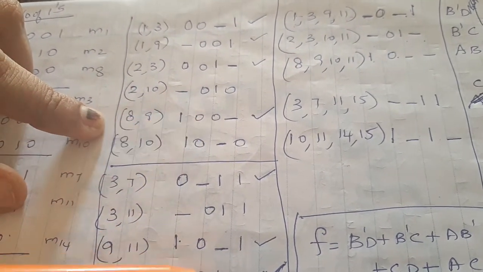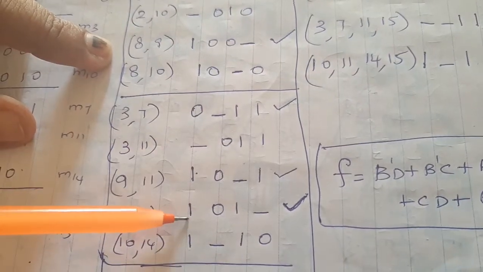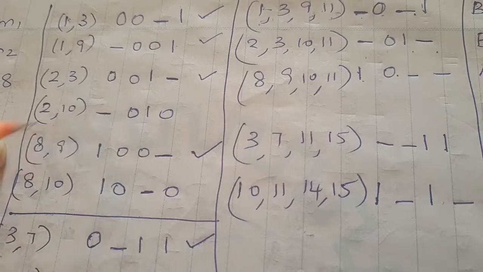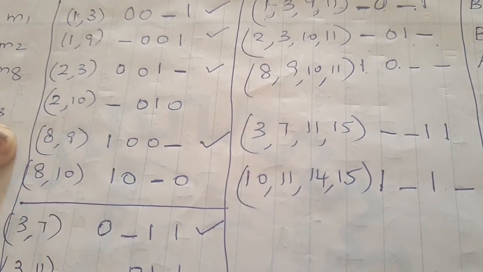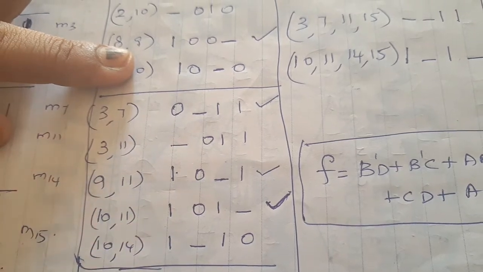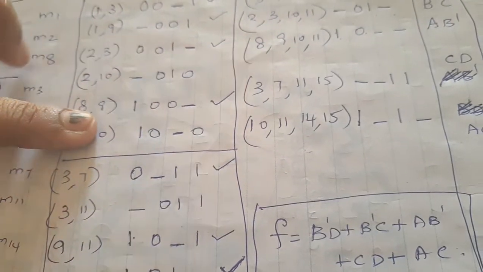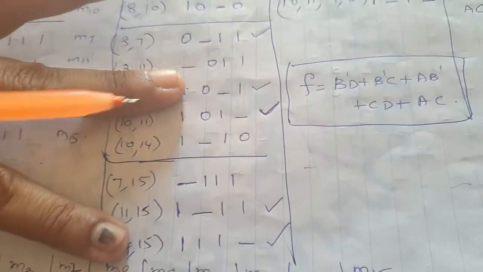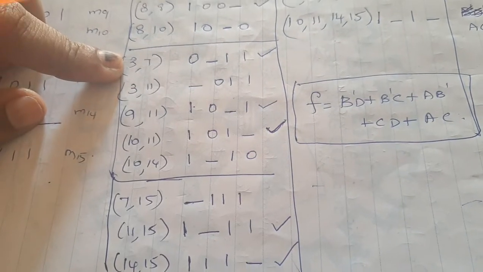The second bit is changing. Therefore the answer is 1 0 dash dash. The elements are 8 9 10 11. So 8 9 10 is over, 10 11 is over. You have written here. So subset 1 and 2 is again compared. Now you are moving from subset 2 to subset 3. So again start from here.